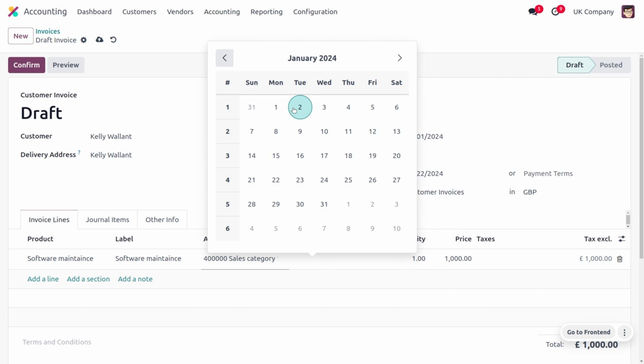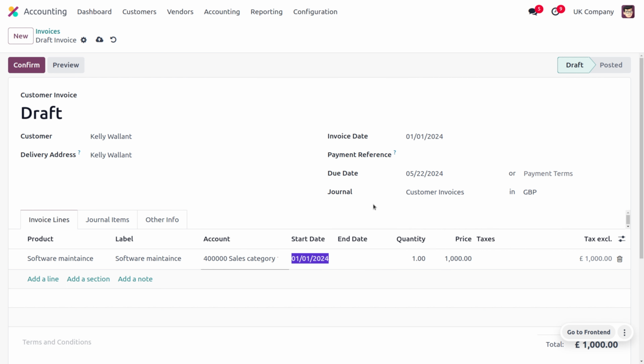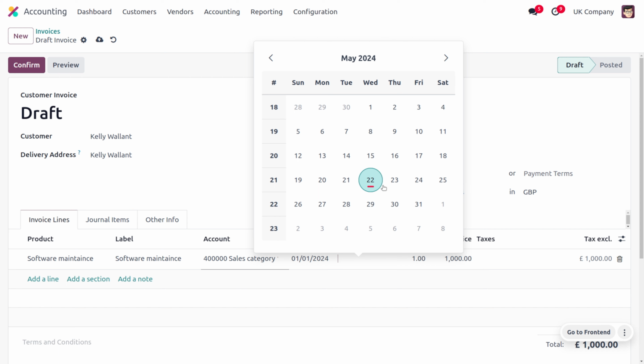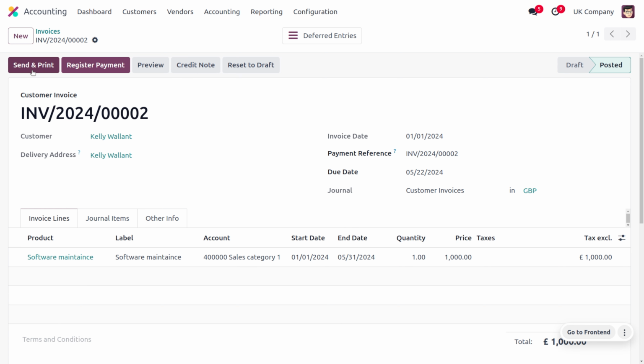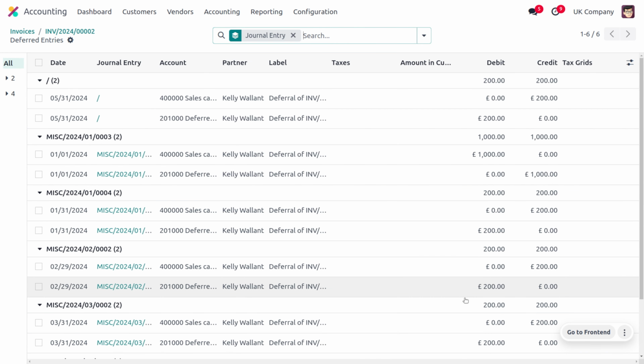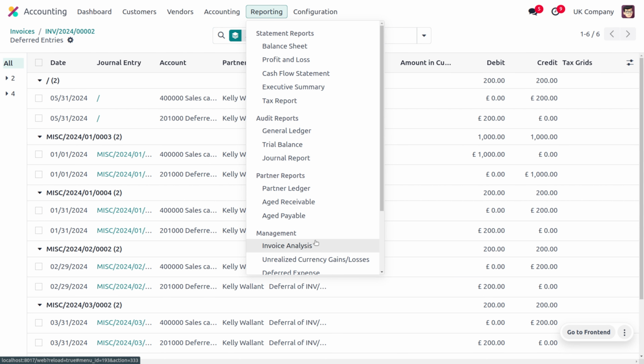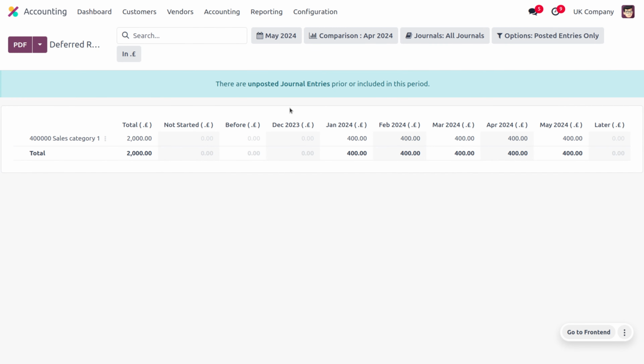If you are not setting that, you will create an invoice which is in the posted state, but that would not give a result of deferred entries. So later on, you can set the dates and everything, and save and confirm that, and you would be able to find the deferred entries that are generated. You can see that for each month, the customer has to pay an amount of 200 for the services, that is for maintaining the software. This is how we manage the deferred revenue, and you can move on to the deferred revenue in the reporting, and here you would be able to find the amount that is changed.